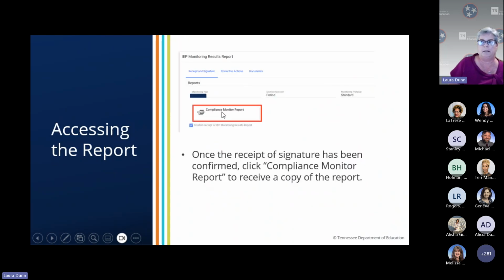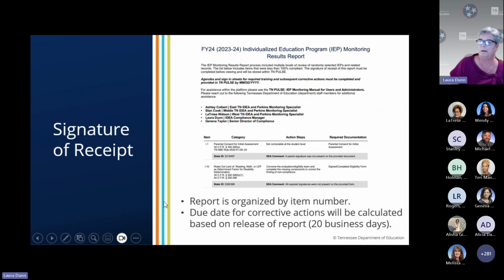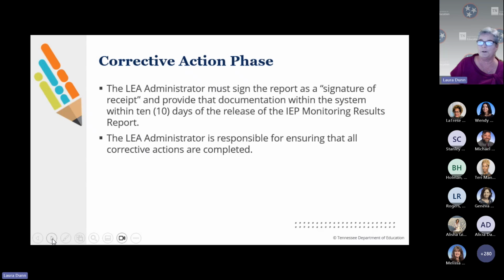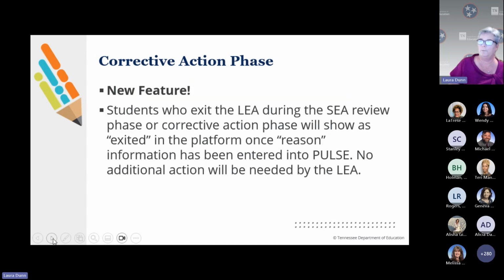And then you will simply click on the PDF to access your report, which looks like this. It will give you dates that your training must be uploaded and your corrective actions must be uploaded. And in this area, it is organized by indicator or item number. You will have 20 business days to do corrections. Corrective actions. Once you've signed and looked at your report, you will then go